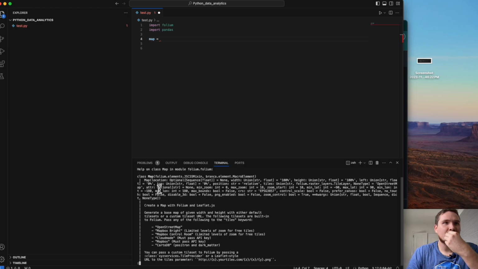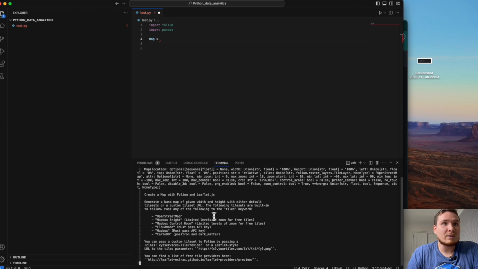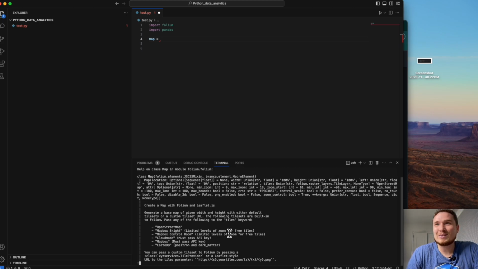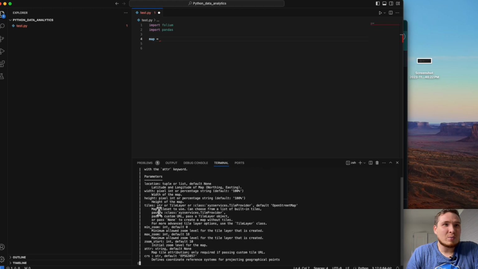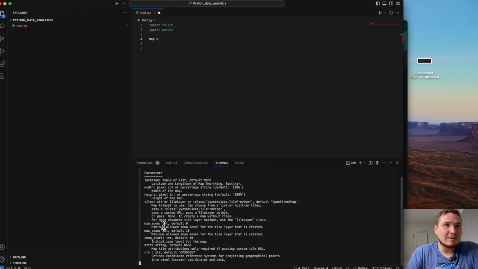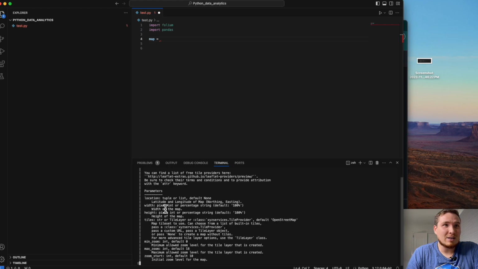Now I can see that this class Map consists of certain parameters, such as a position, so I can locate something: latitude, longitude, which is good. It also helps us with the starting point. We can open the map, we can zoom it, we can create the map box. And basically we have our own Google Maps here. We see a description of each parameter here. Nice, it's comfortable, right? Location, width, tiles, height, zoom, nice.